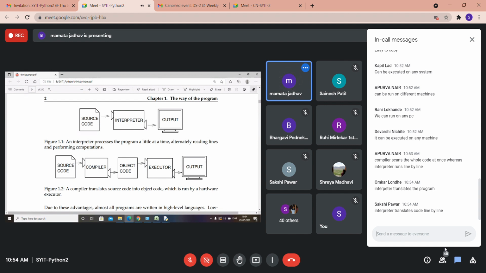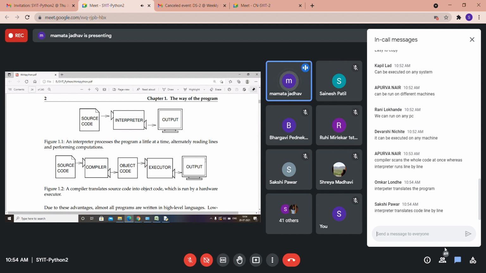So the interpreter translates the program line by line. So if there is any error or problem, the issue will be raised immediately. In case of a compiler, it reads all the lines of the program first and gives the errors collectively.